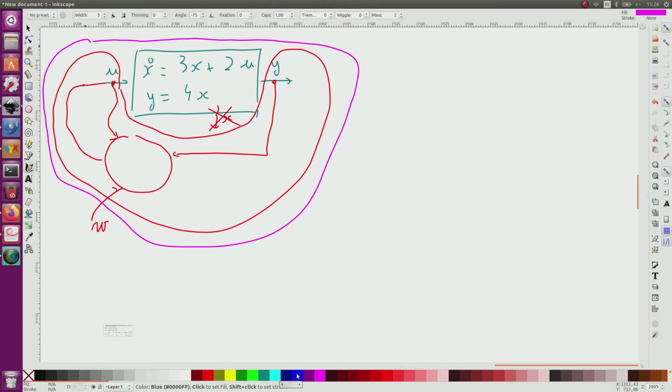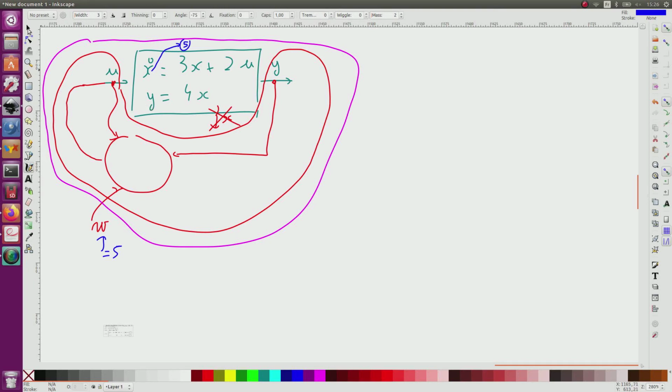And moreover, I want that when w is equal to say 5, then the value of x converges to 5. So I give a signification to the set point. W is a set point and corresponds to x. In some other situation, I would have been able to have y corresponding to w. So if I want sometime to control y, here I want to control x.